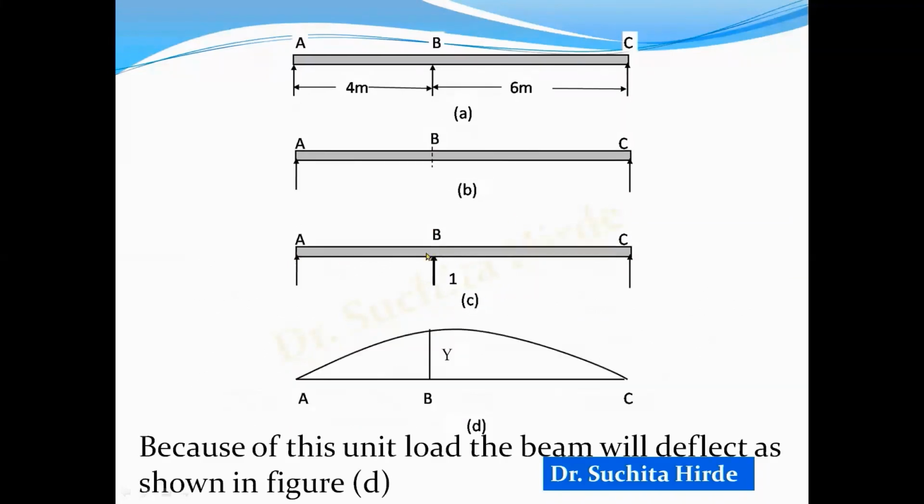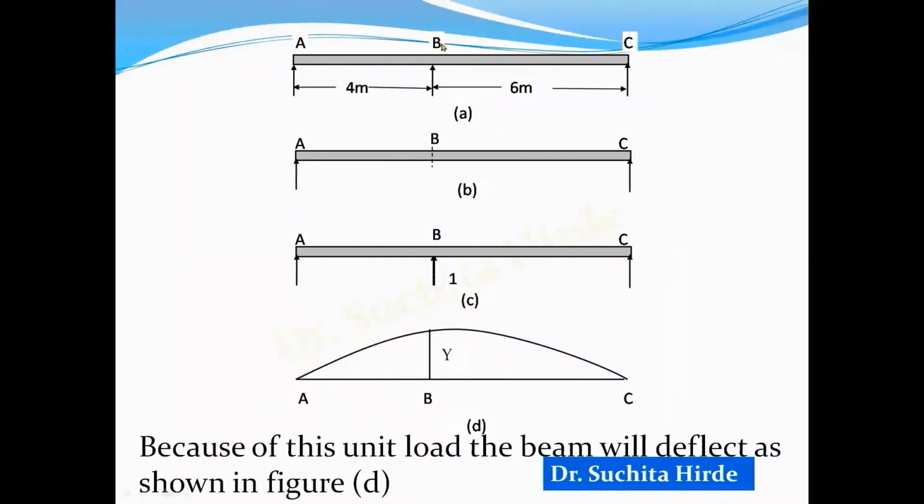So once you calculate deflection due to this unit force, you will get some ordinate y at this place. But this is just a deflected shape due to this unit force. What we want is the influence line diagram. We call this deflected shape the influence line diagram if this ordinate is 1. And therefore, what do we do? We divide all the ordinates by this ordinate y to get 1 here, and proportionately we will get all other ordinates. So this is the procedure.